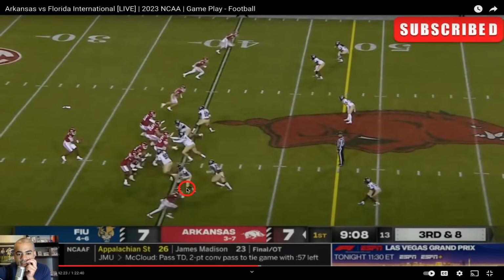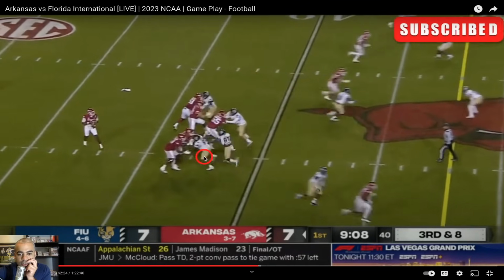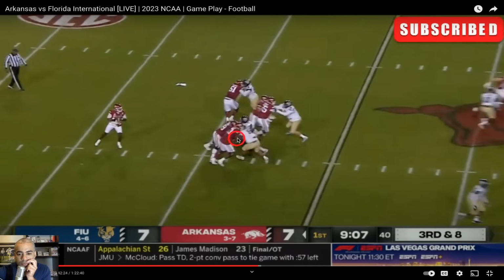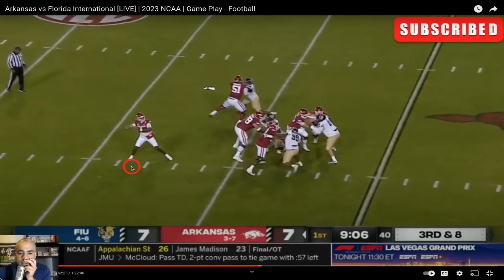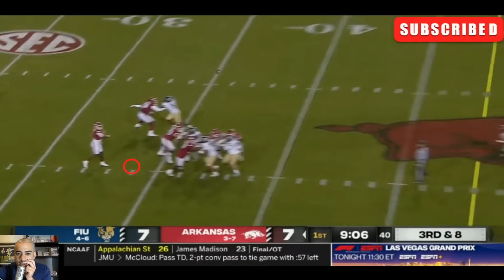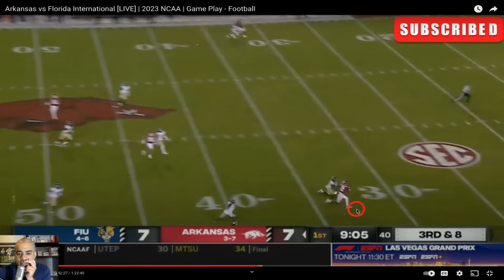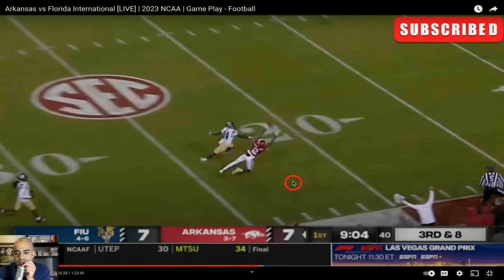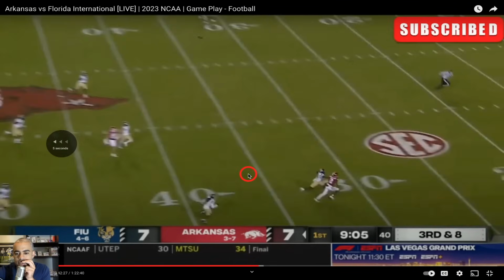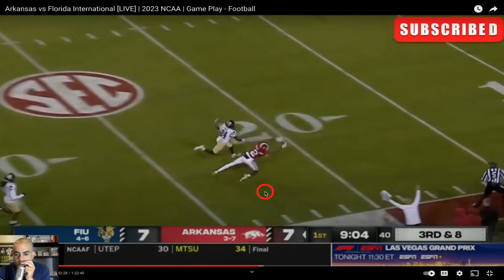All right, we get to this 3rd and 8, and they bring a simulated pressure that gets picked up really well, okay? This is a perfect pocket for KJ to throw this football, and he finds his best receiver, Andrew Armstrong. He has a semi-step on him. He's just got to catch this ball. I mean, look at that. I think he just lost his footing here at the end. Or did his foot get caught with...